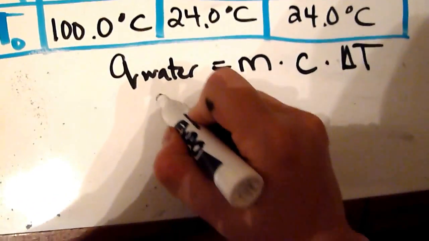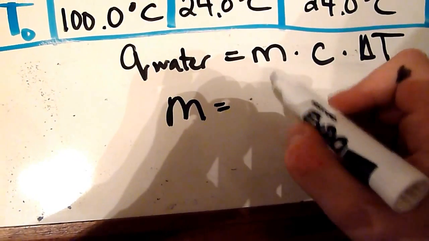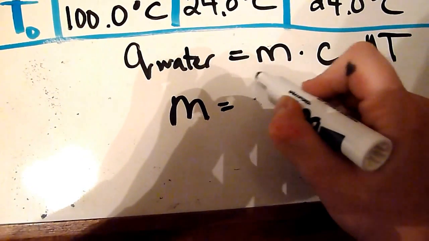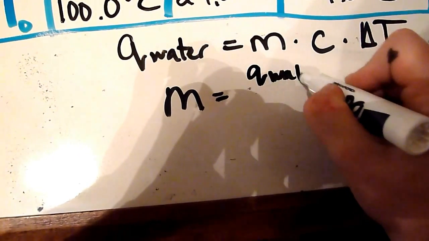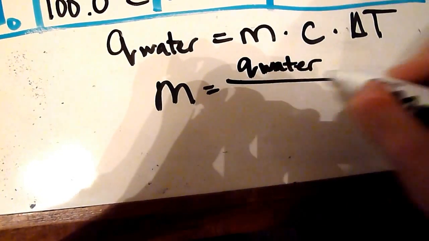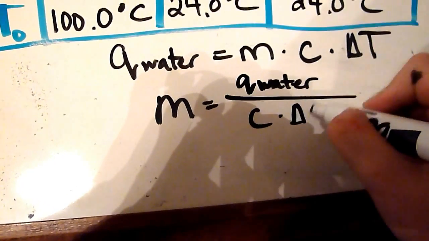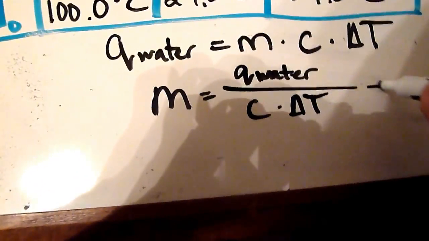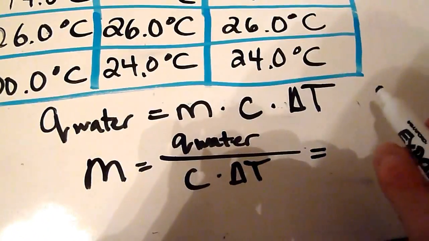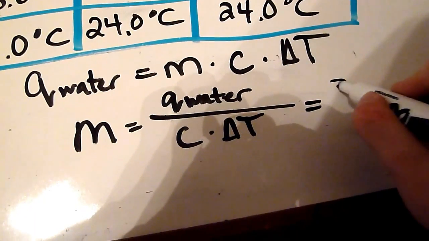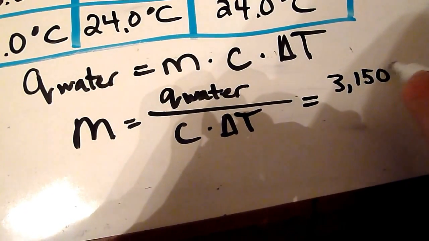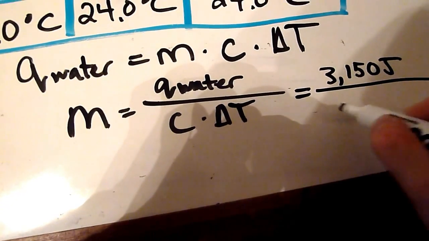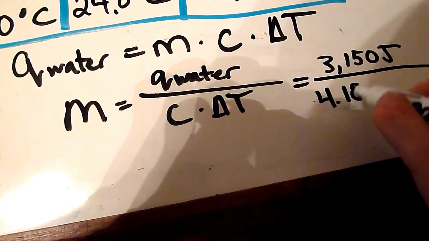So if I did that first, I would find the mass of the water is equal to the heat that the water gained, Q, divided by C times delta T. Then I could just plug in, solve for M, which I'll just keep going here. Q of the water we know to be 3,150 joules,